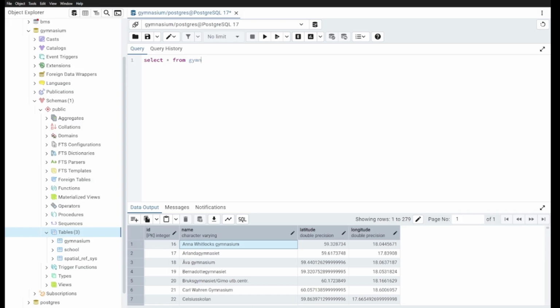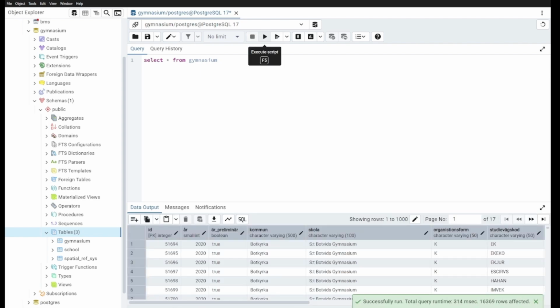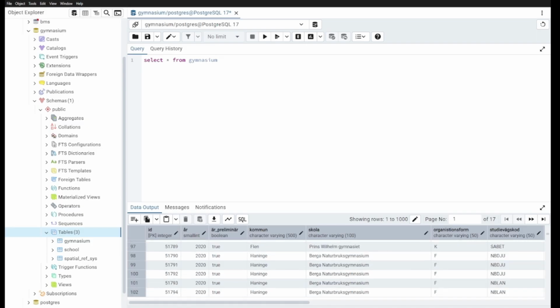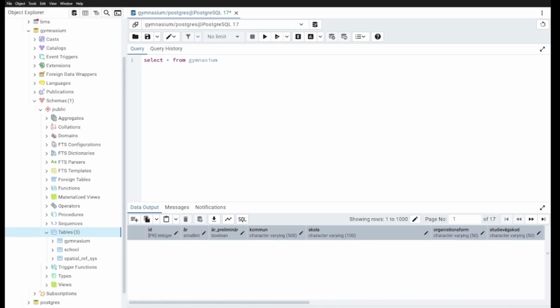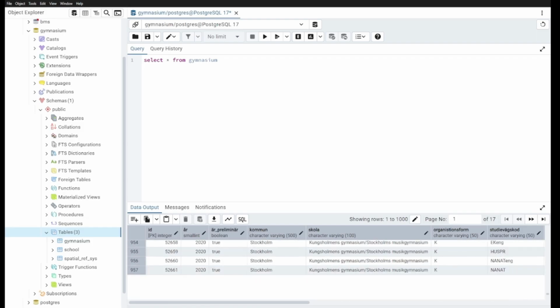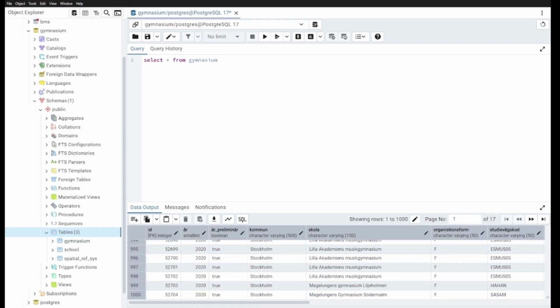And then if we look at gymnasium, in this table we have all the data about the school itself. So this is the ID. We can just ignore that. Then here we have the year. So we have data from 2020. If we go down, there are just many rows. So we have data from 2020,